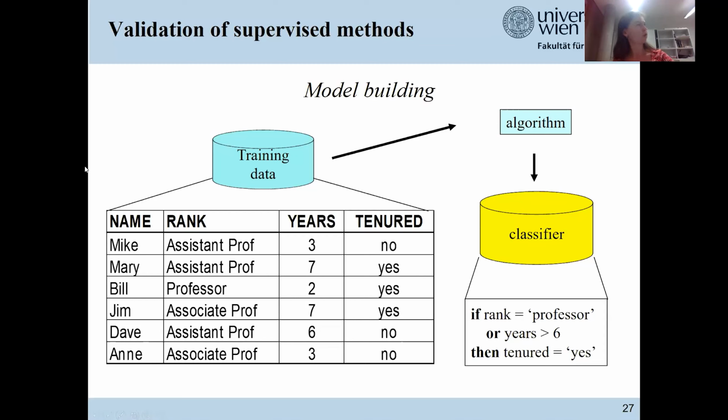So this toy problem is a bit of a different one. It is based on the university, on the rank and the number of years a person works at the university, and also maybe on their names. We need to build a classifier which outputs whether or not this person has a permanent position at the university. And likewise, we come up with 2 simple rules that correctly classify our training data.